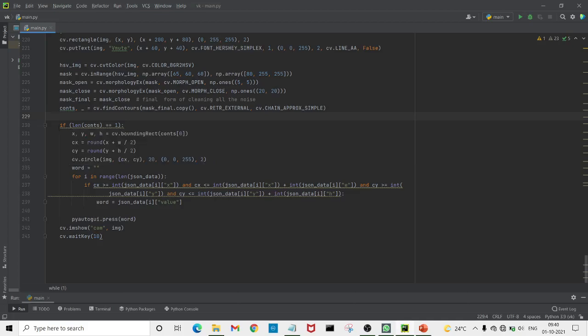Next, after declaring the length of contour equal to 1, and the xy coordinates and width and height of the bounding rectangle for the contours, we'll declare the cx and cy.